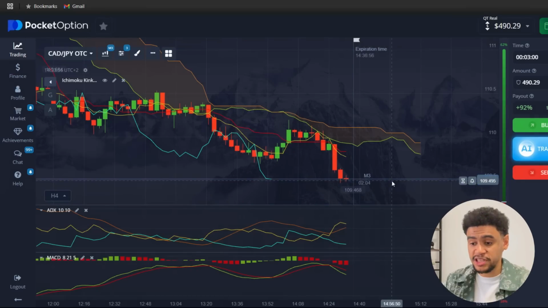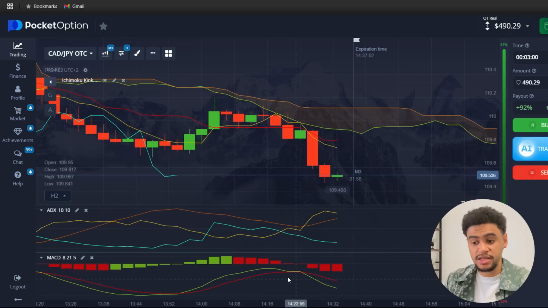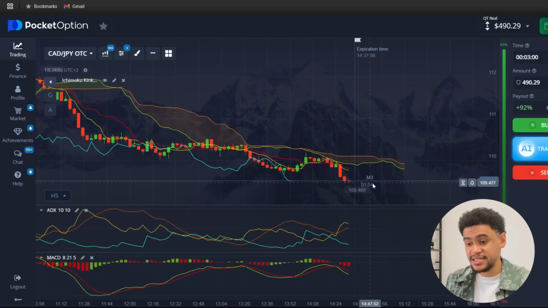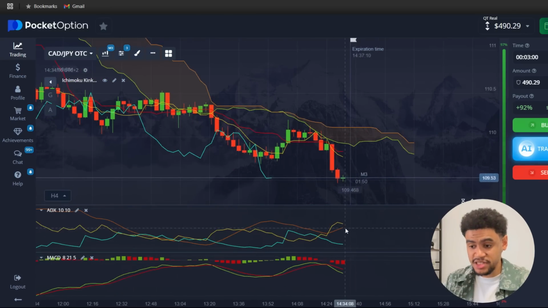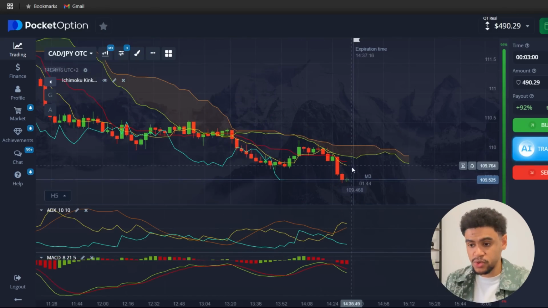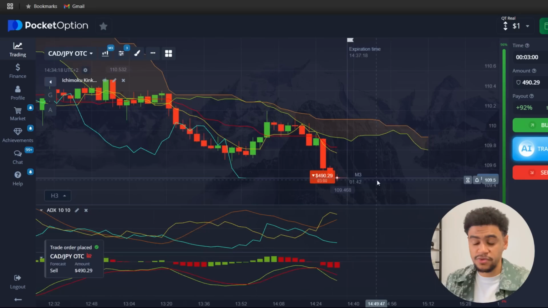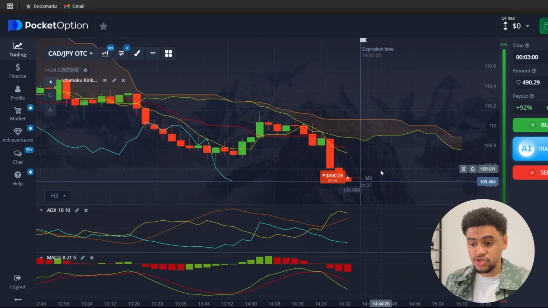These are going to perfectly suit us, and as you can see, the momentum here is being picked up as the cross has occurred in a downwards direction. So that means we're looking at a sell position on this chart, and actually everything seems to be, we have ADX being above 25, which means a strong downtrend. So we're going to take a sell position here for 3 minutes